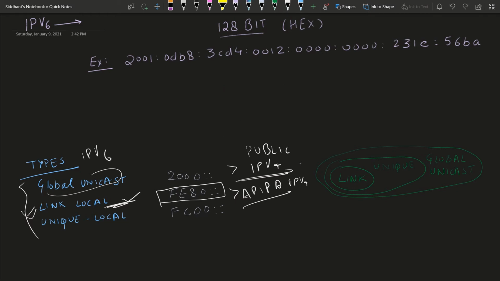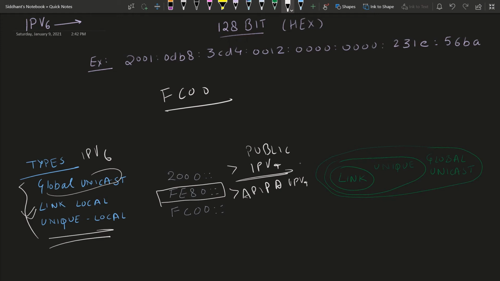We also have a third kind of address, which is a unique local address, which starts with FC00. These are also non-routable addresses, but they are nearly like global unique addresses.